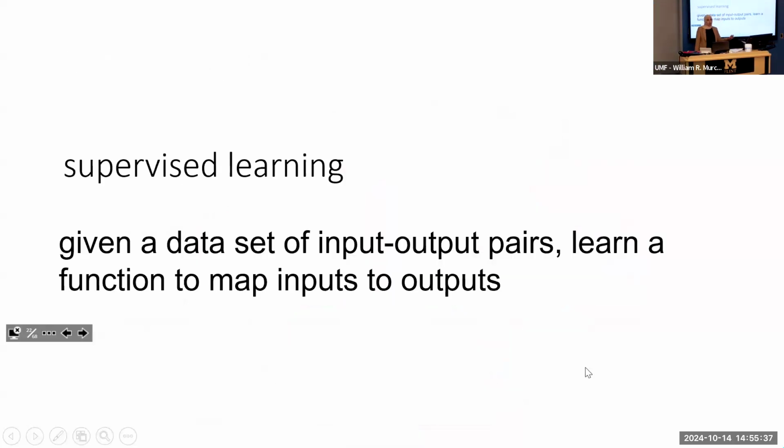So for the first one, supervised learning is when we are given a data set of input-output pairs, and the algorithm is going to learn a function to map inputs to outputs. Supervised learning has a data set with input-output pairs, which means, if you remember the basic concepts of programming, when you are storing data, you have that representation of a table, where each value has a key. It's a similar concept.